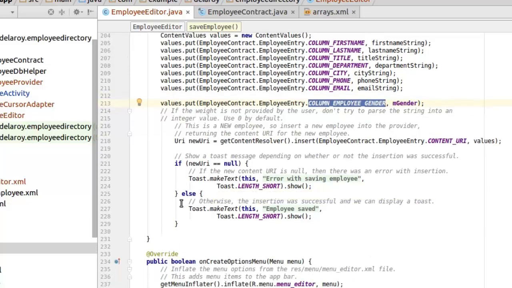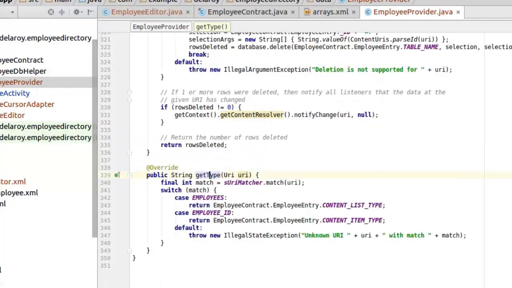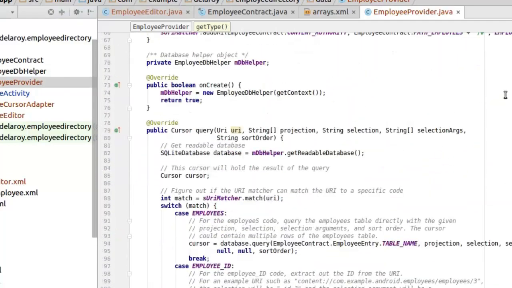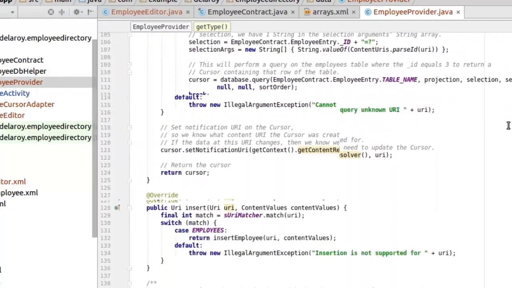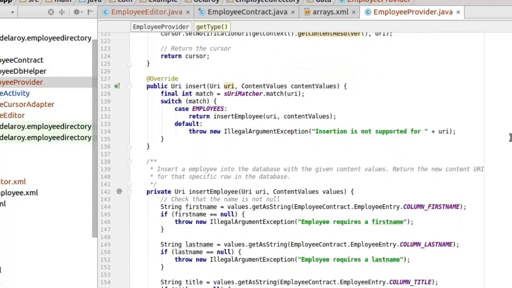Now, this is a new employee, so we need to insert a new employee into the provider. Now we are using the provider. We're not just inserting straight to the database. Now we need to return the content URI of the new employee. That makes us call the getContentResolver, and we also trigger the insert method, which was declared from the provider. If you should remember, we have the insert method. Let's quickly look at that. The insert